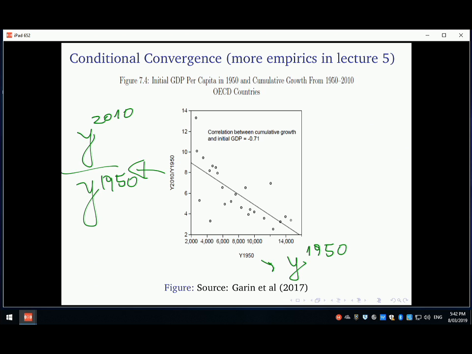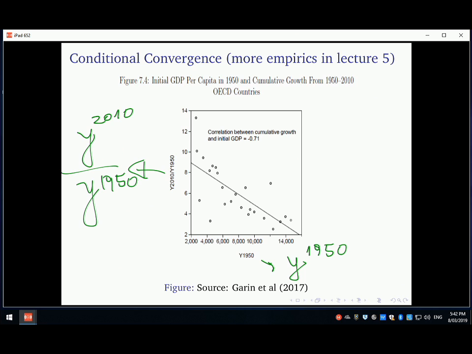What is the meaning of that negative slope there? Who can tell me what that meaning is? Yes. Which means that